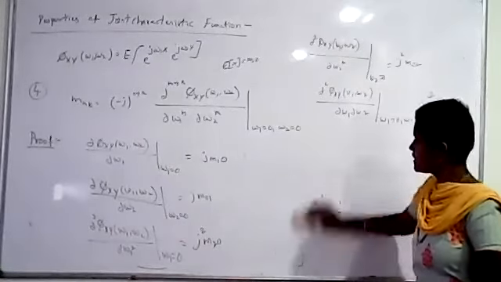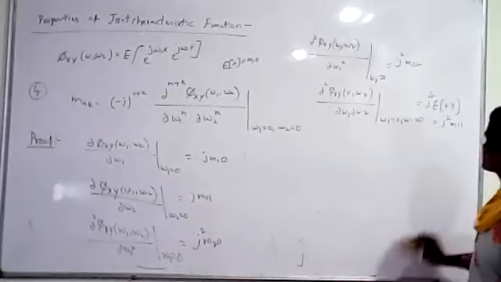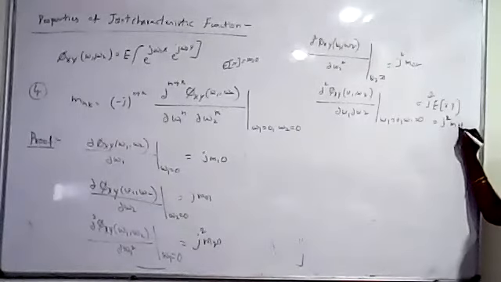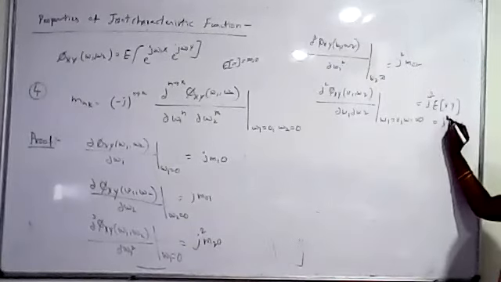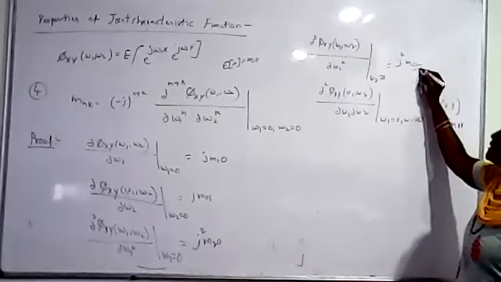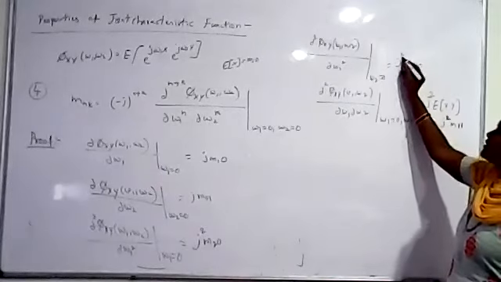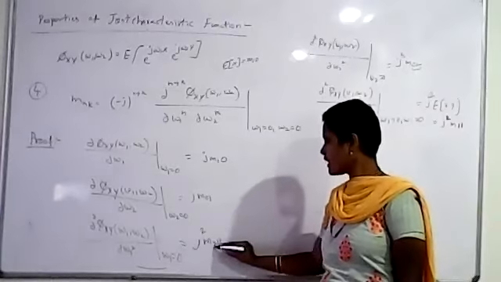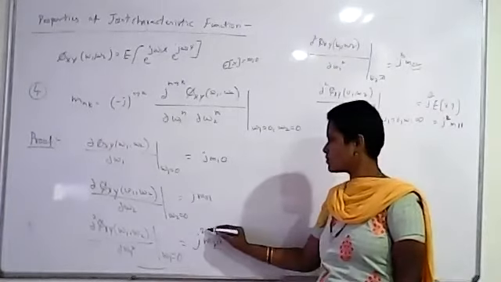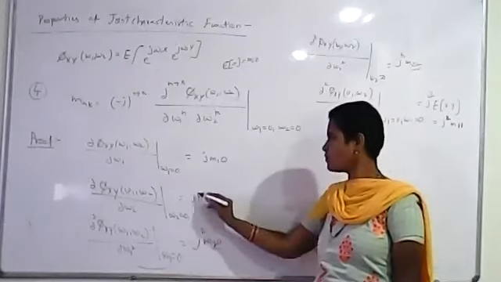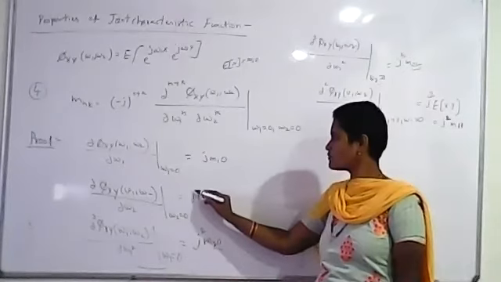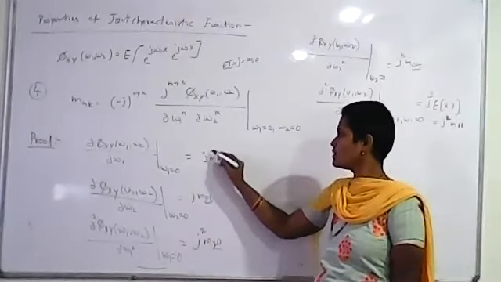So from this, the general equation, see here, what is the j power? The j power will be just the addition of n plus k. Here 1 plus 1 is 2, so you get j square. Here also 0 plus 2, so you got j square. Here also, add n and k, 2 plus 0, so you got j square. Here add these two, you get 1, so the j power will be 1. Here also the j power will be 1.